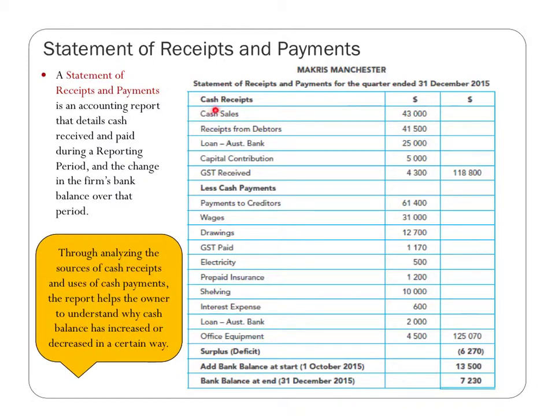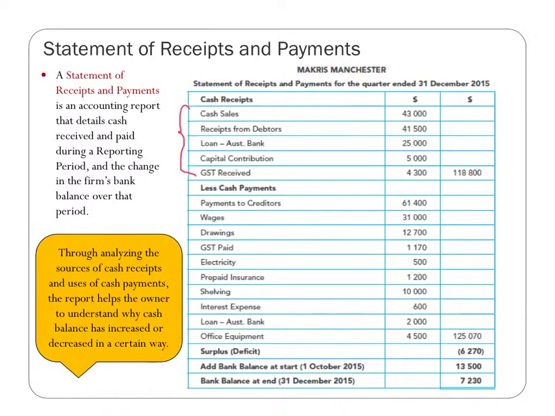All right, so the first heading is cash receipts. You have all the cash receipts detailed here. So let's have a look at what they are. In this case, you've got cash sales, receipts from debtors, that's debtors paying you back from credit sales. You have a loan, so borrowed a loan from Ausbank, capital contribution from the owner, and GST received. All of these added up give you a subtotal for the cash receipts for the quarter,